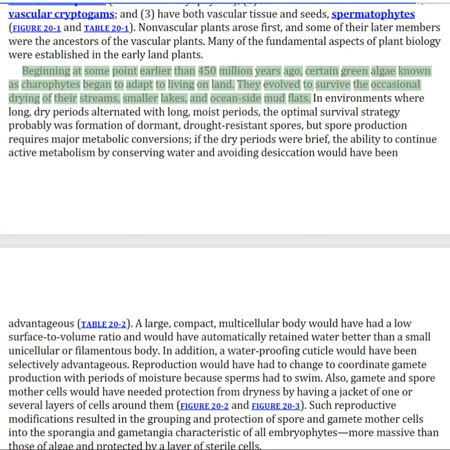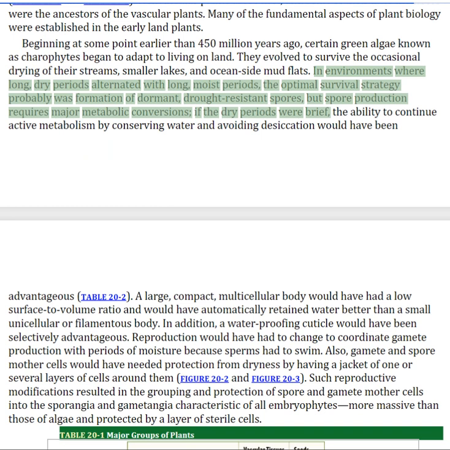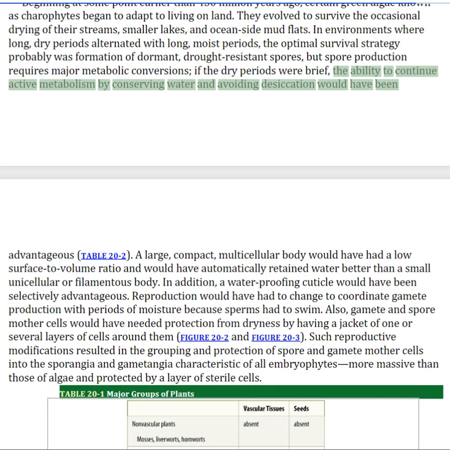Beginning at some point earlier than 450 million years ago, certain green algae known as charophytes began to adapt to living on land. They evolved to survive the occasional drying of their streams, smaller lakes, and oceanside mud flats. In environments where long, dry periods alternated with long, moist periods, the optimal survival strategy probably was formation of dormant, drought-resistant spores, but spore production requires major metabolic conversions if the dry periods were brief. The ability to continue active metabolism by conserving water and avoiding desiccation would have been